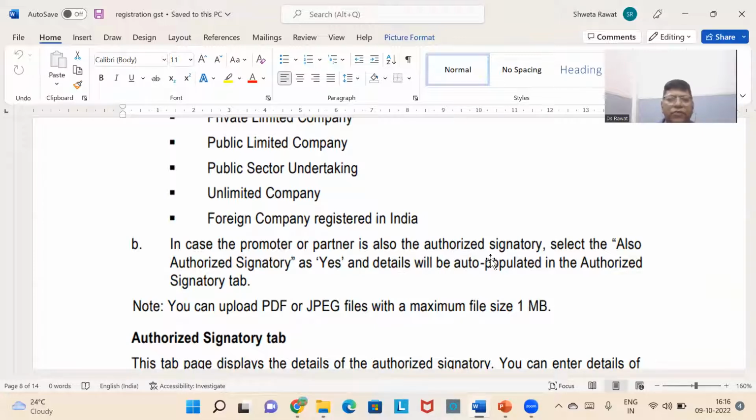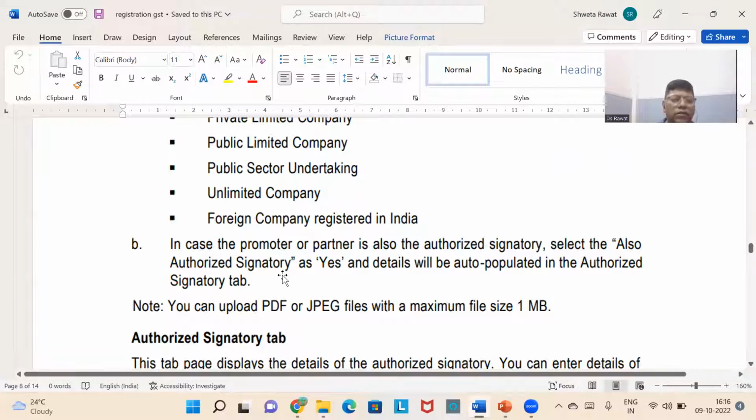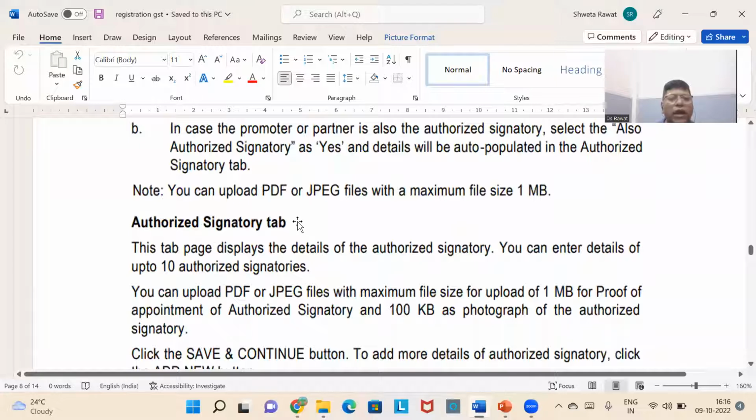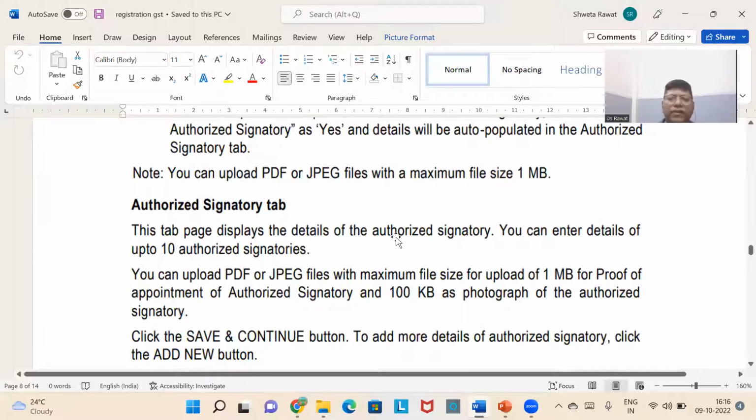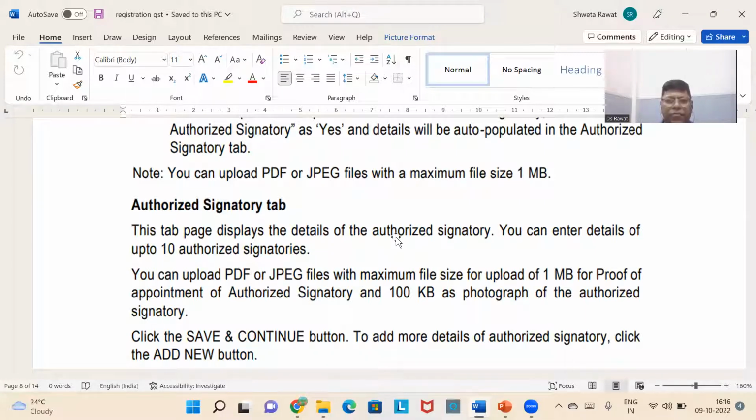Then there is a tab, we have to click on that tab at the end of the page that he is also the authorized signatory. In that case, the next tab which says authorized signatory need not be filled up, it will be auto-populated. Here we can upload PDF or JPG file with the maximum size of 1 KB. Authorized signatory tab, generally what happens in case of proprietor, authorized signatory is the same, but